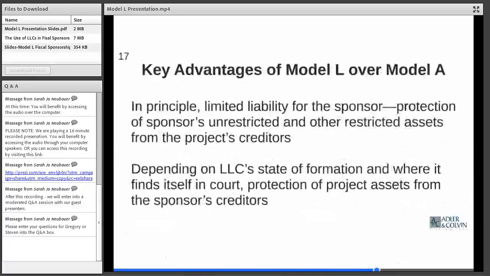As I mentioned at the very beginning, Model L combines many of the qualities of Model A and Model C while avoiding some of their pitfalls. Compared to Model A, a chief advantage of the Model L arrangement is that the sponsor in principle has limited liability. Moreover, depending on where the LLC is formed, the project itself can also be somewhat protected from the sponsor's